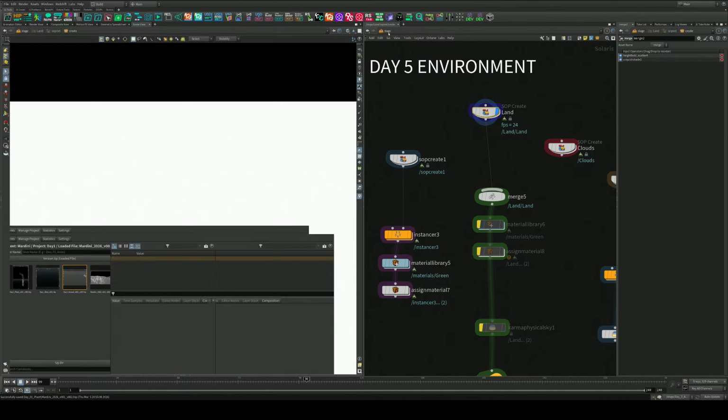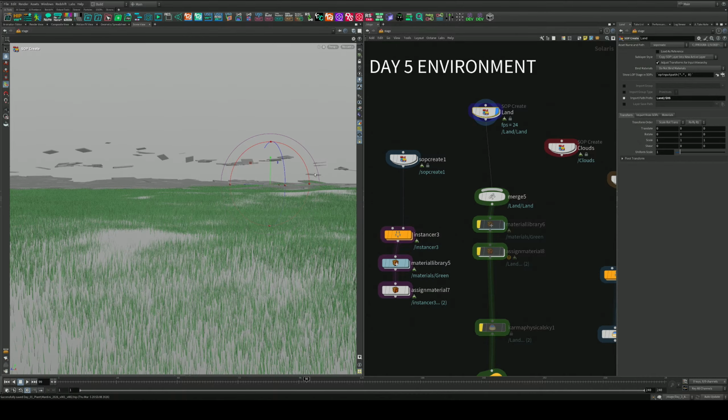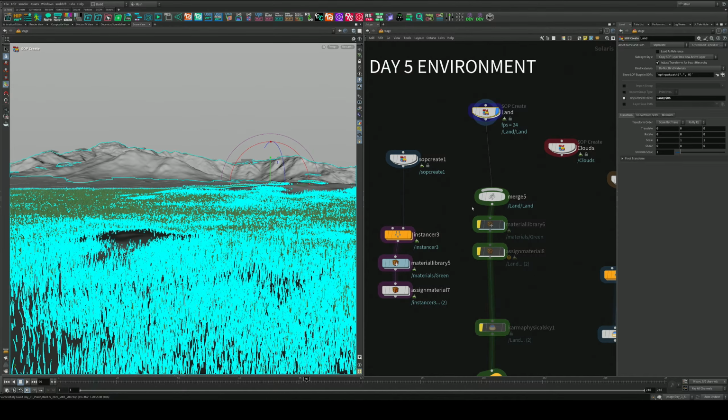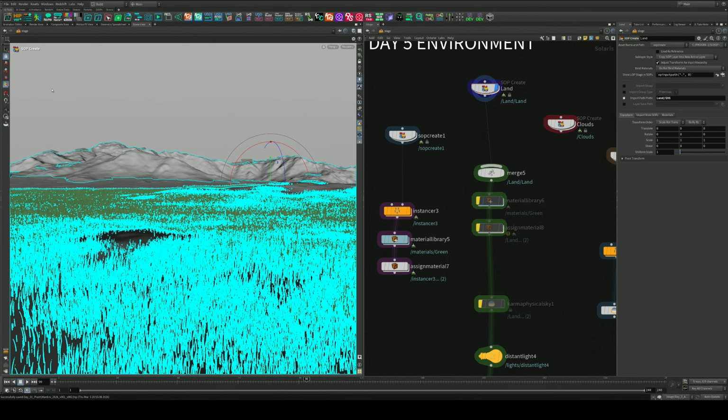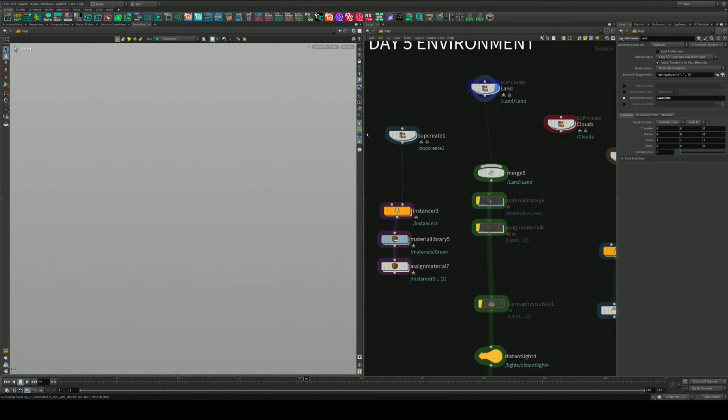Let's go back. I believe that's what it was. So we weren't seeing the mountain there. All right. Let's remove the selection there and